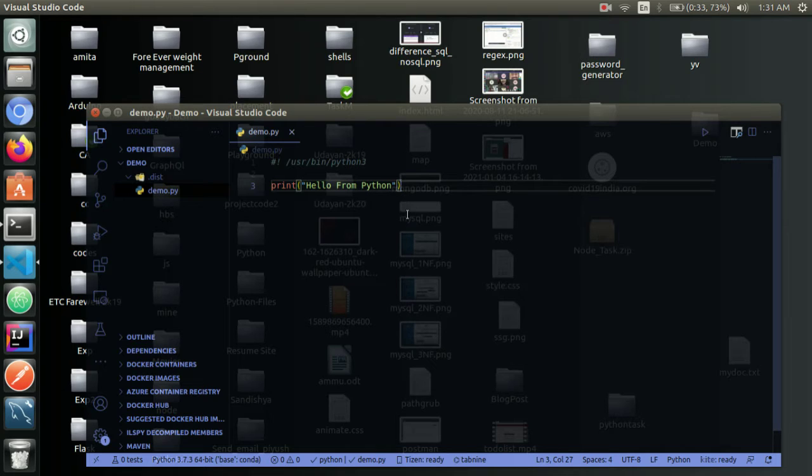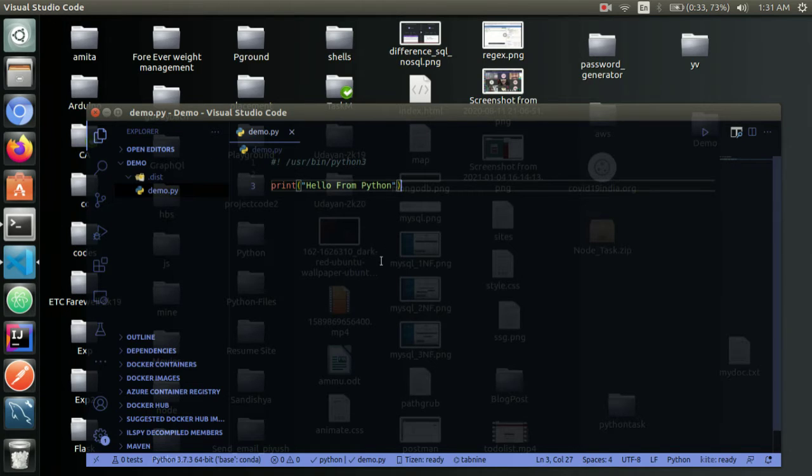Okay, so I would like to tell you about the shebang. Shebang is nothing but the absolute path to the interpreter, and it is used if you want to run the script directly as an executable file.